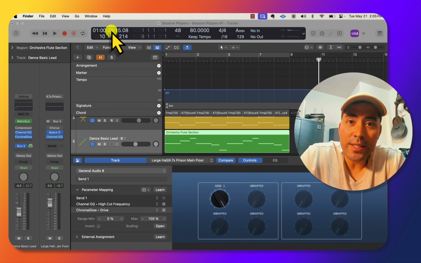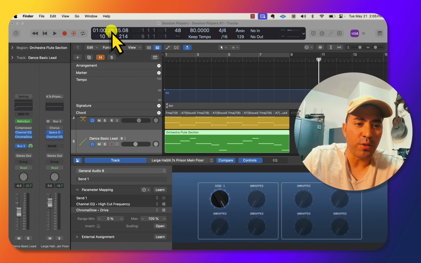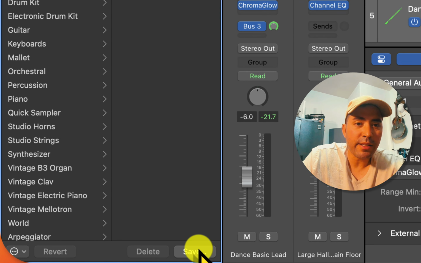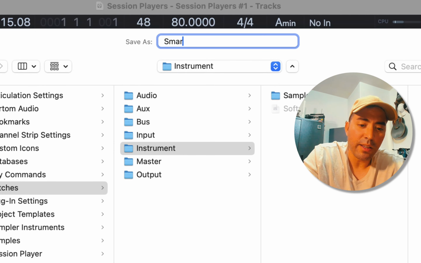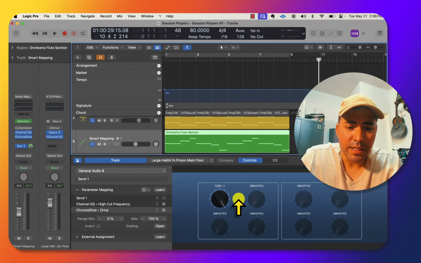So let's say you wanted to save this for another session. You like the mapping. You don't want to have to do this all over again. Go into the library. Let's save this, and I'll just call this a smart mapping for now. All right, and then again, let's pretend this is just